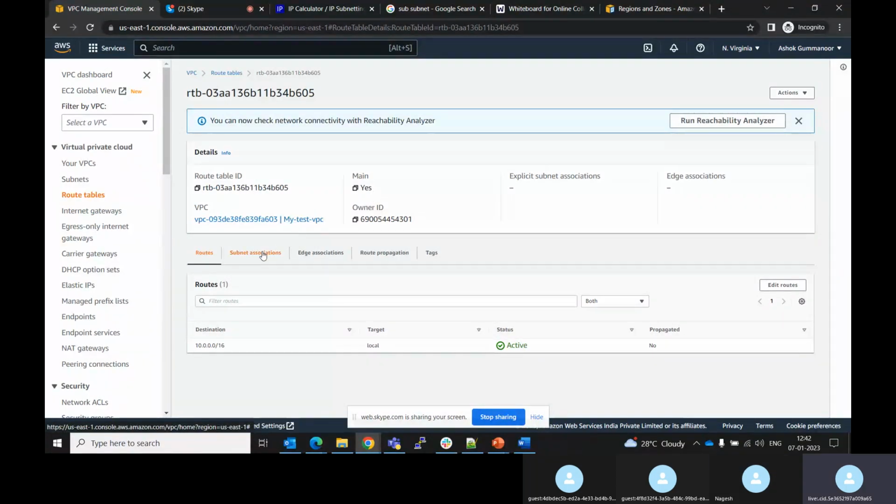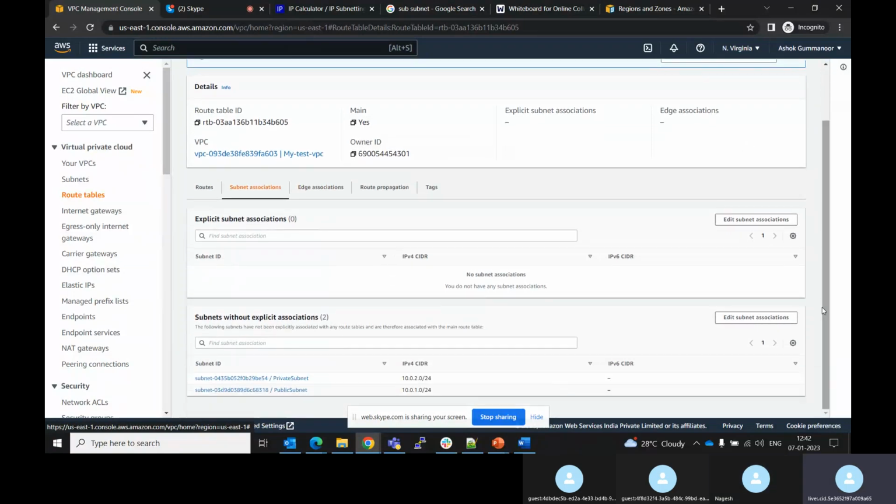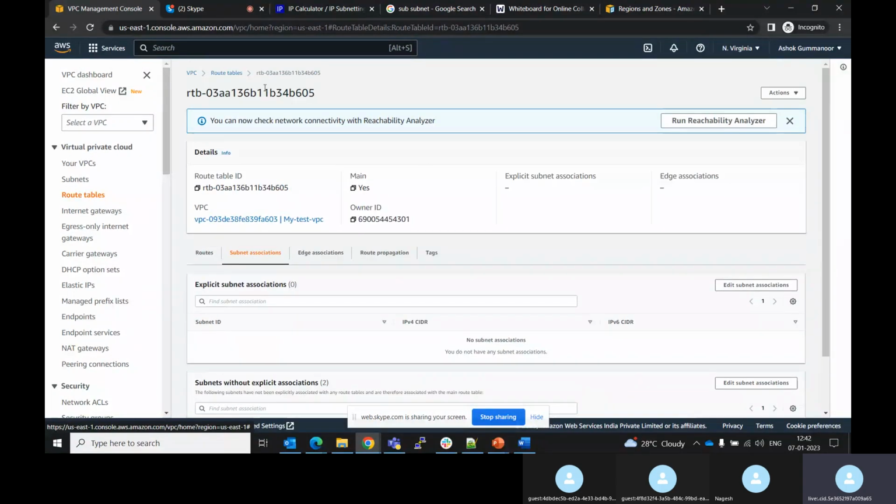If you see the subnet associations, it shows which subnet ID is associated, and because it is an empty one, we will not be having anything. By default it shows the public and private subnets, but if we want this public subnet to use the public route table,